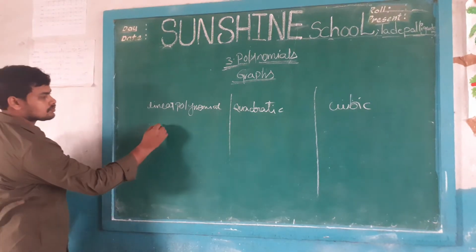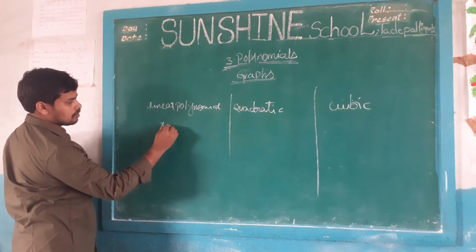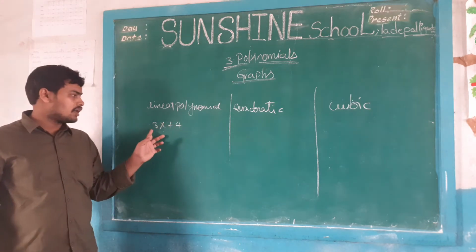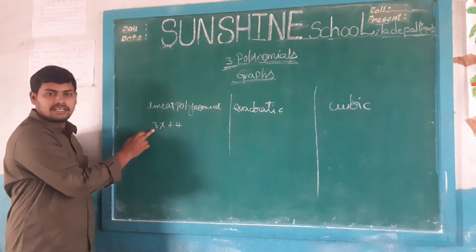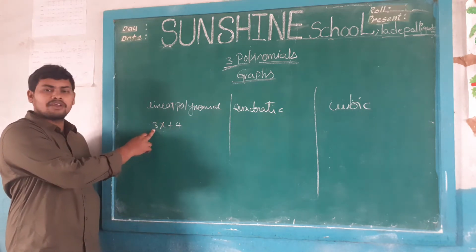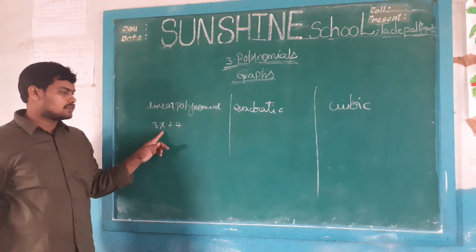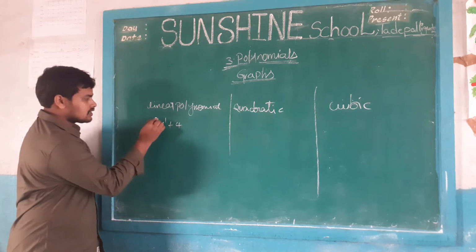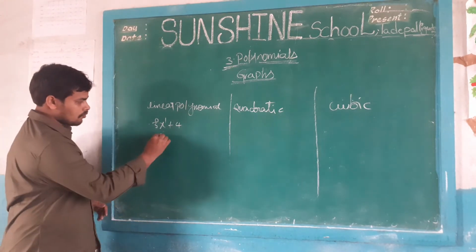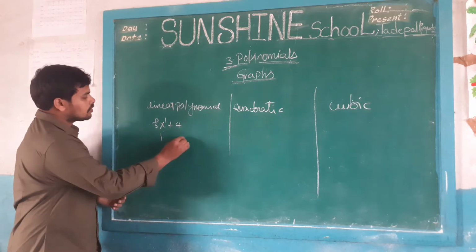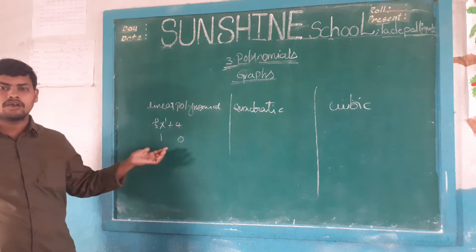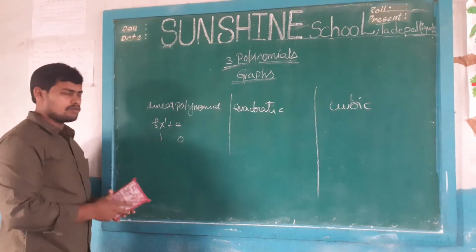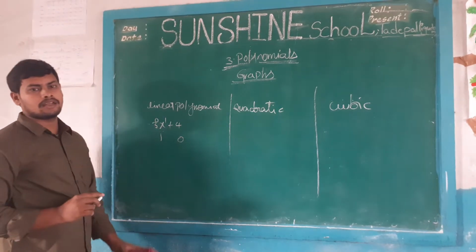Let us consider 3x plus 4. Here what is the degree? Here 3 is a constant term. We already know that the degree of any constant term is equal to 0. So x is a variable and here the power of x is 1. So 0 plus 1, 1. The degree of 4 is also 0. So what is the largest value here? 1 is the largest value. So the degree is 1 here. So it is called a linear polynomial.